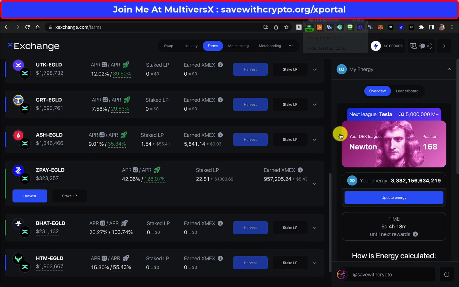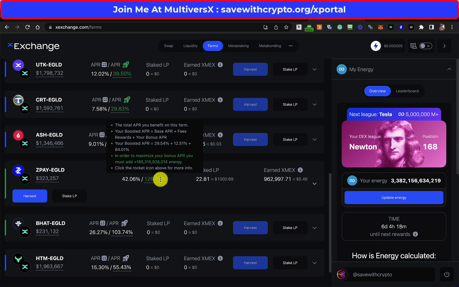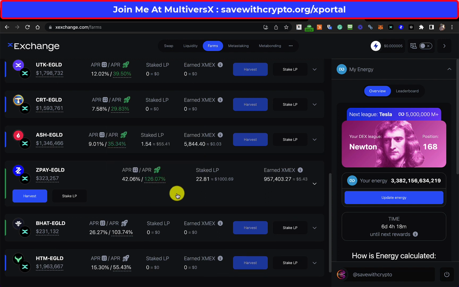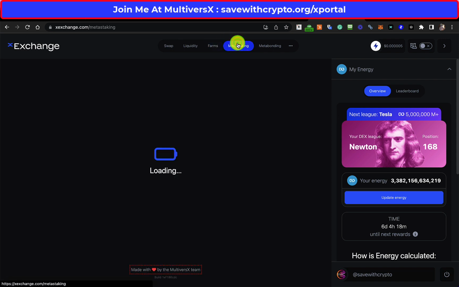Now, my temptation here is to increase the size of the ZoidPay e-gold farm, but I don't want to do that because this percentage here isn't actually maximised. In fact, it says that in order to maximise your bonus APR, you must add 1.85 trillion energy. That ain't going to happen. I can tell you that for sure. However, I know that if I were to increase this farm just slightly, this rocket would go orange and I'd be earning less percentage there. So I'm going to leave that as it is, and I'm just going to meta stake the ZoidPay